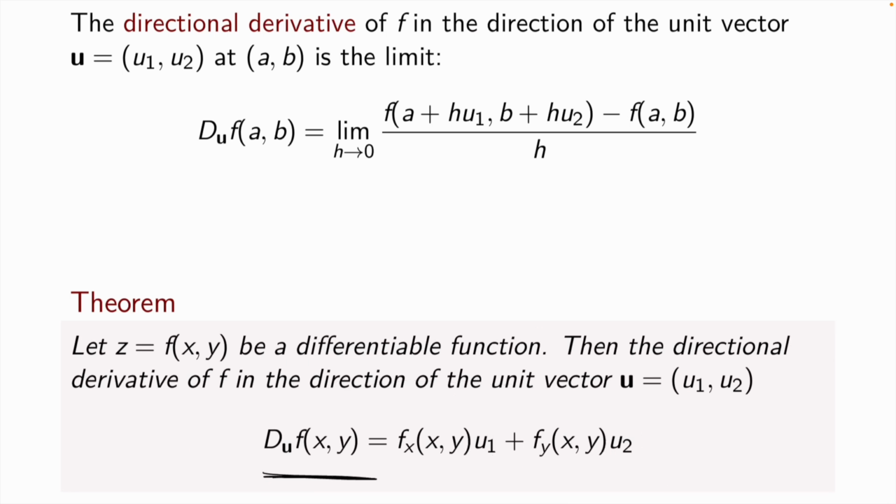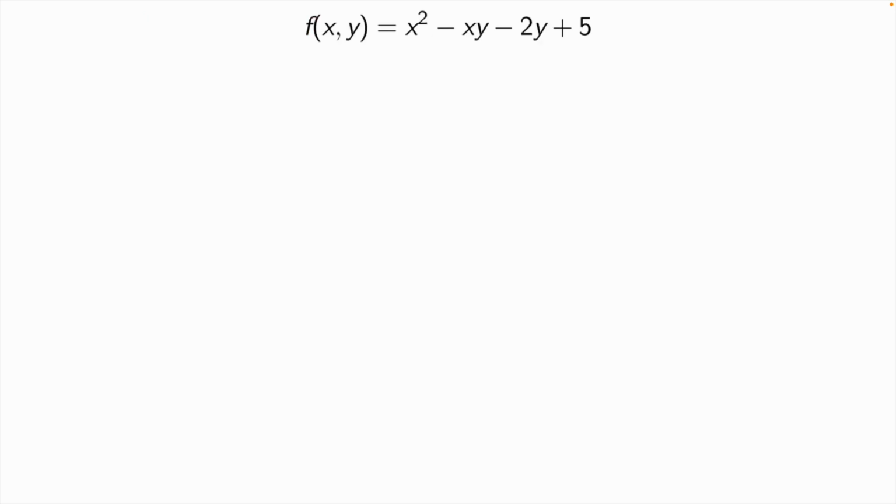Essentially, all we need is a unit vector in the direction that we want the derivative, and we know how to make any vector unit, right? So we know how to normalize a vector, and we need also the partial derivatives of the function. So, for instance,